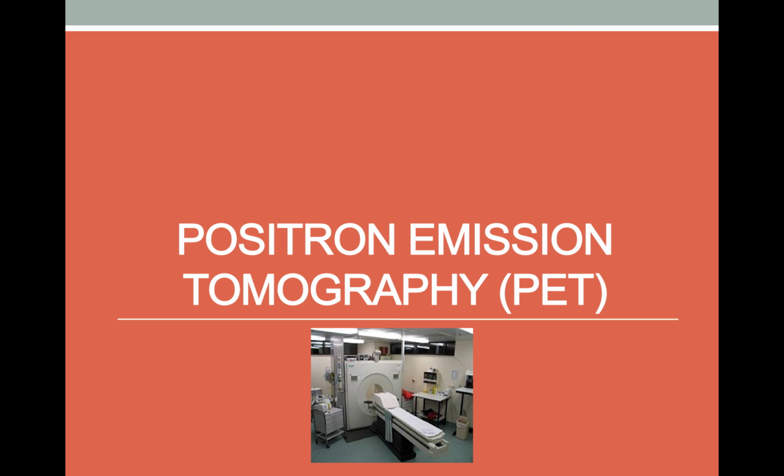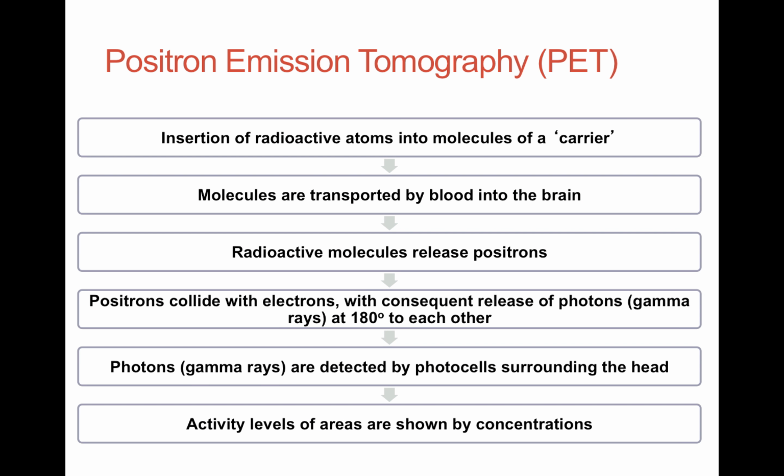We'll now move on to positron emission tomography, or PET. Positron emission tomography is based on the detection of positrons, which are the subatomic particles emitted by some radioactive substances. In a PET scan, radioactive tracers are used. This involves attaching a radioactive atom to chemical substances that are used naturally in the body by the particular organ or tissue in question